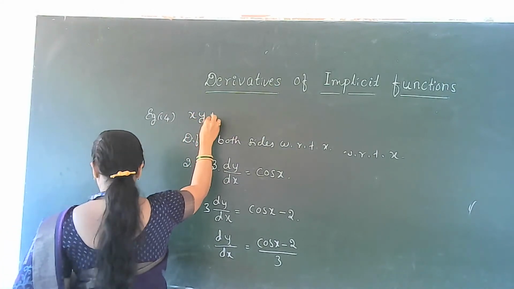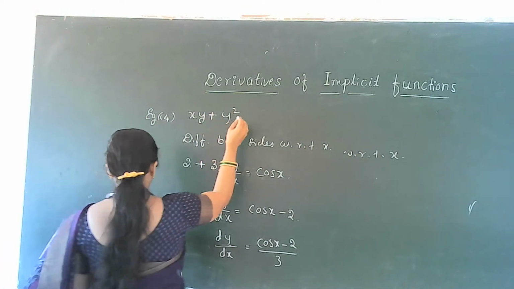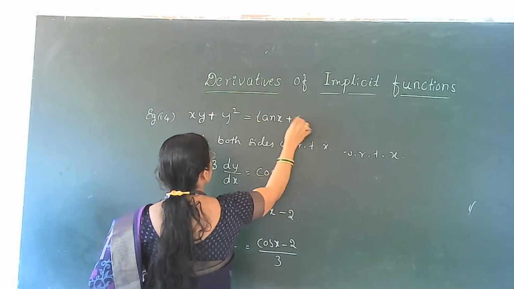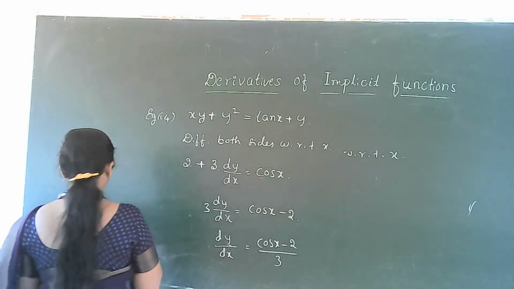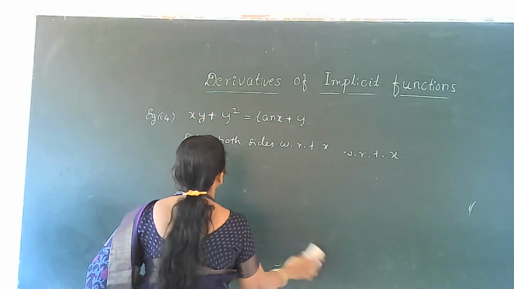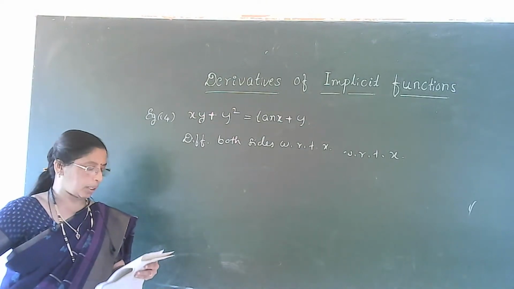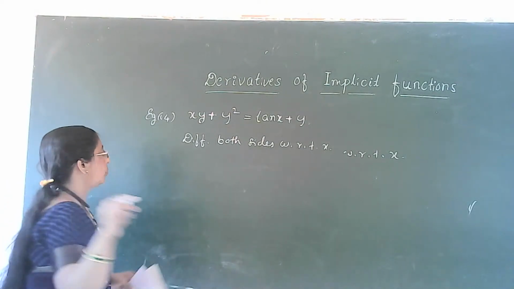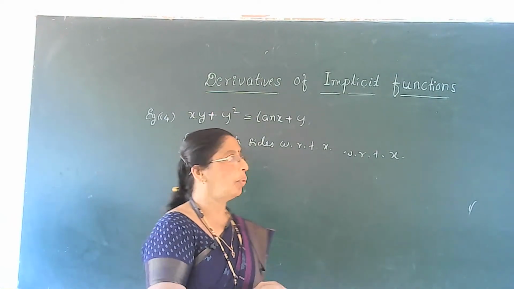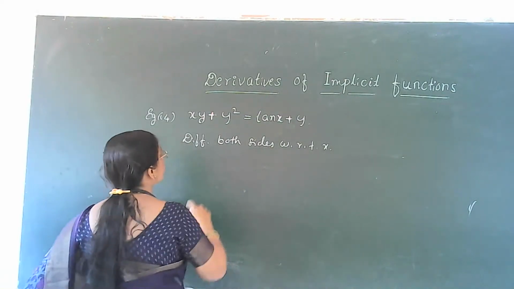Xy plus y square is equal to tan x plus 1. Xy plus y square is equal to tan x plus 1. Here, differentiate both sides with respect to x. We get